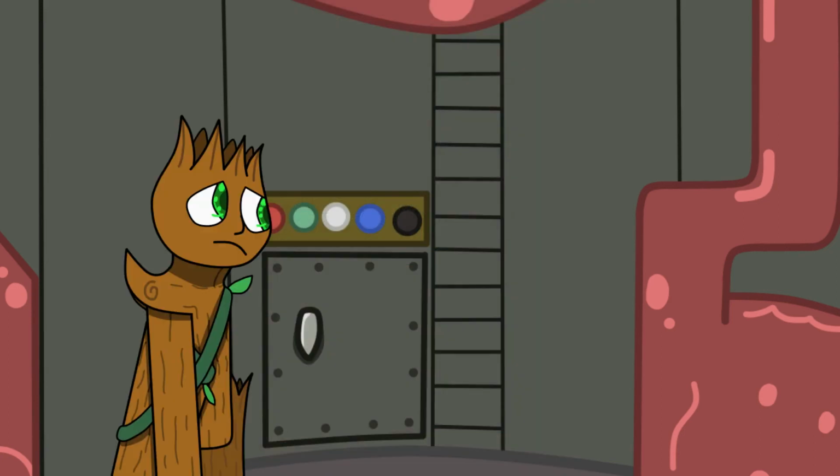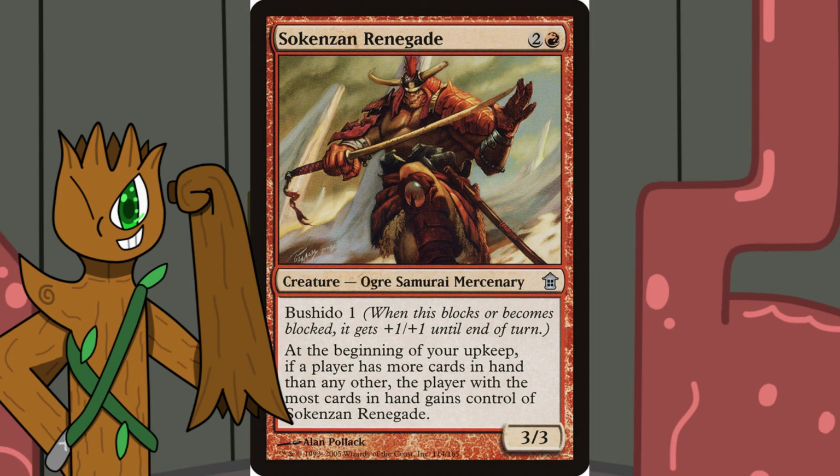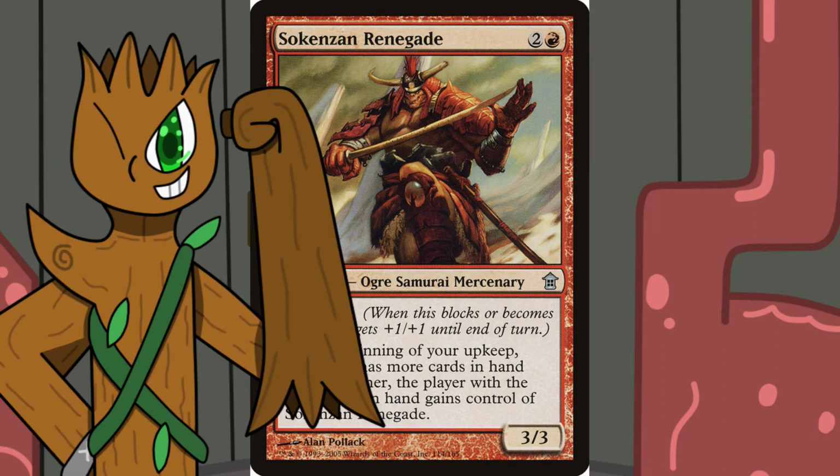How many cards do we have left? 3? Alright, home stretch! Sokenzan Renegade is a 3-drop with 3 power, 3 toughness, Bushido 1. Whoa! Whoa, this actually looks pretty good! And